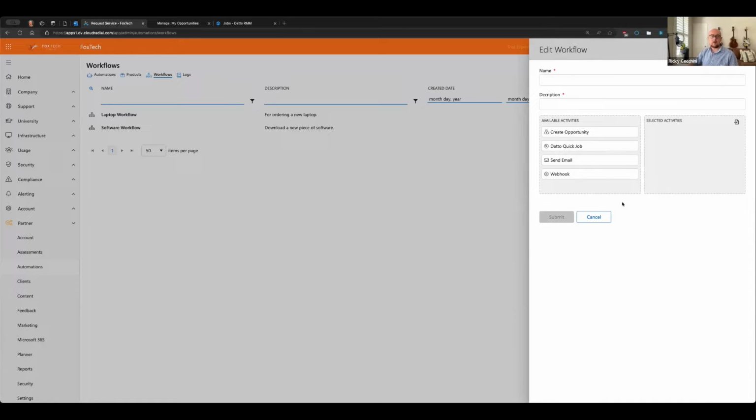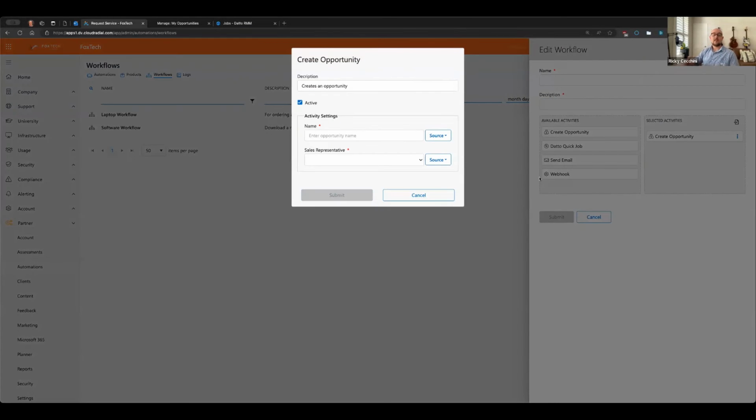We can talk about that, and we will closer towards the end of the webinar, but they're really pretty powerful as is. And the idea here is that whenever you build these different workflows, you can understand what happens with each one. So creating an opportunity, that's something people have requested for a long time. It's super strong because a lot of times when somebody requests a printer or a phone or a service, right, an audit or a security upgrade, whatever it may be,